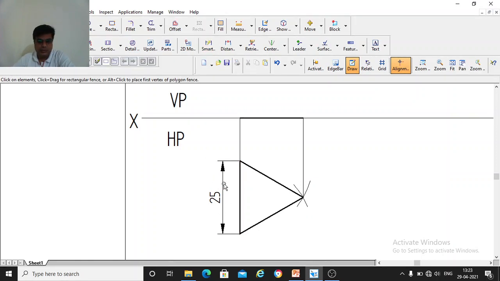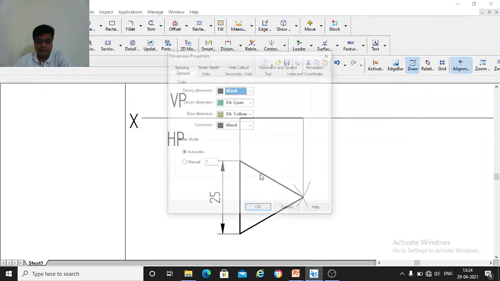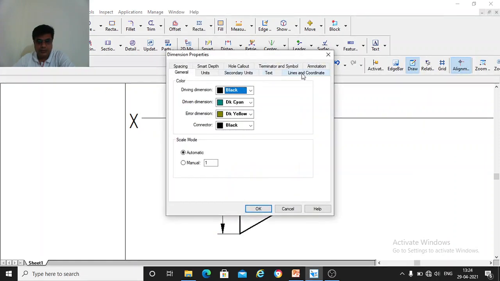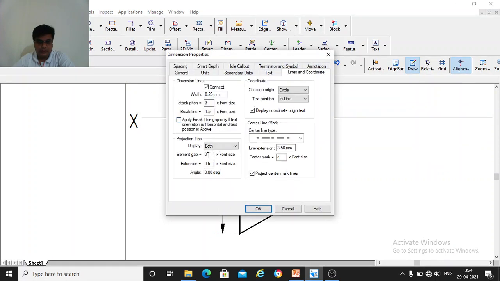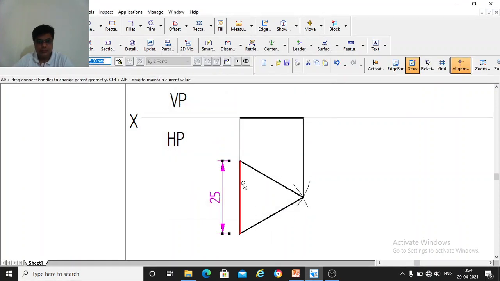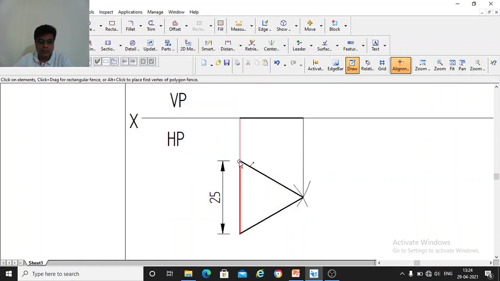You can see here, you should leave a small gap from this corner and draw this line. Leave a small gap and draw this line, and draw one line connecting these two lines. So this is the vertical dimension, 25 mm.